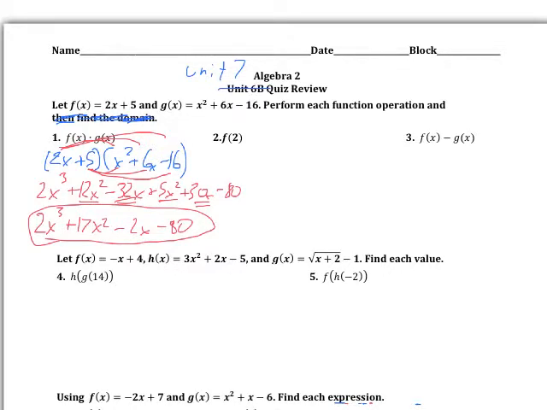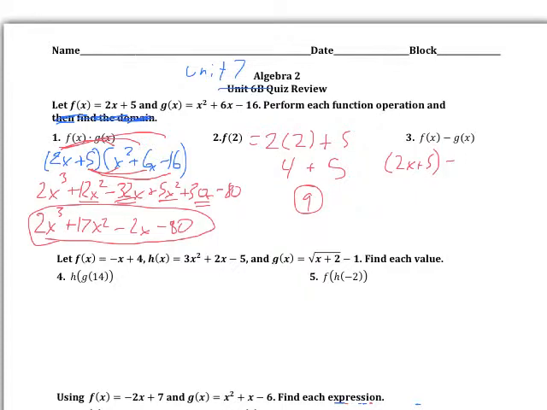Number 2, we need to find f of 2, which just means take the number 2 and put it in place of the x on the f function. So that's just going to be 2 times x plus 5, and so we just fill in the 2 right there, and that gives me 4 plus 5, which is 9. Done. Number 3, we need to find f of x minus g of x, so that's going to be